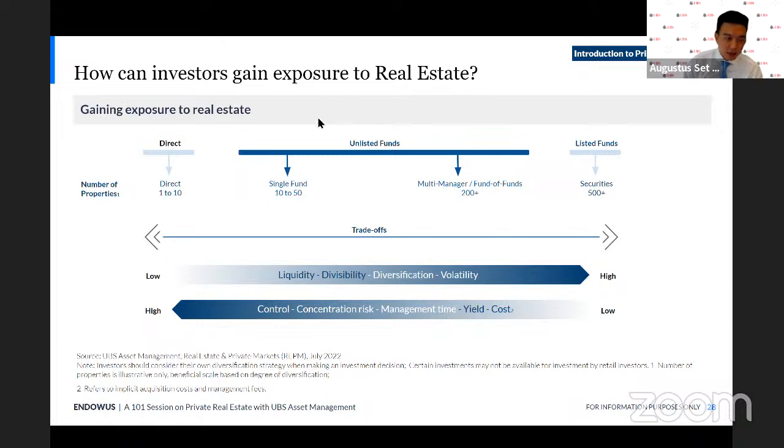So I think this slide illustrates broadly 4 different routes you could invest, the various trade-offs or features that differentiate the opportunities, right? So if you start from the left side, we call it going direct, where you might spend, I don't know, 200 to 500 million, and you could afford to buy 1 or 2 warehouses or logistics assets, or maybe just even 1 office building. But there'll be certain trade-offs. The bars at the bottom try to illustrate that. So, you would have exposure to just 1 asset in 1 country. So you take very specific single asset, single country risk.